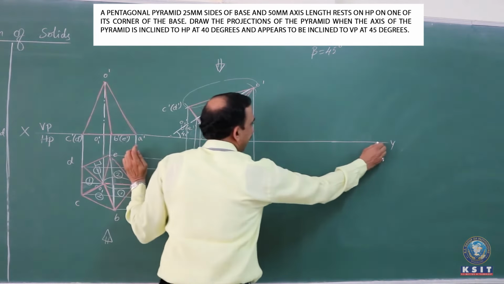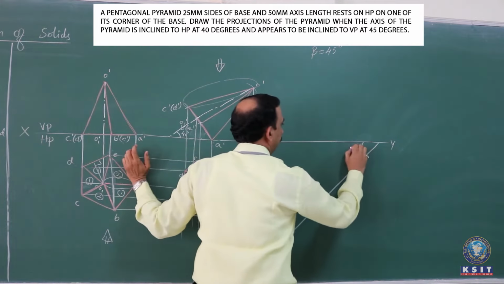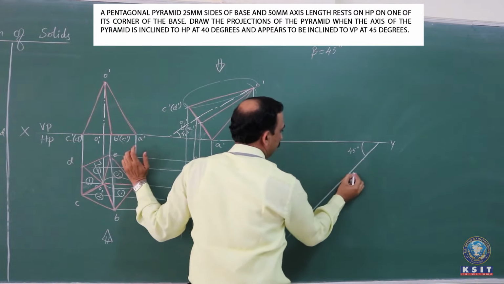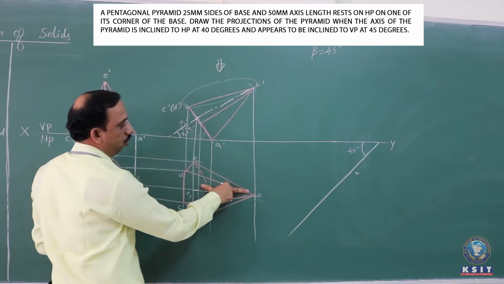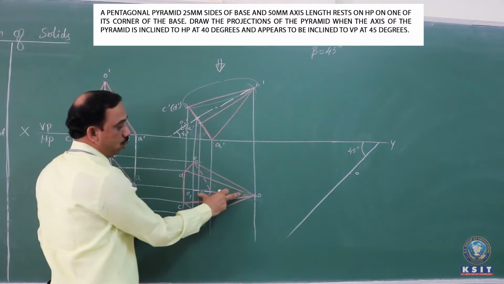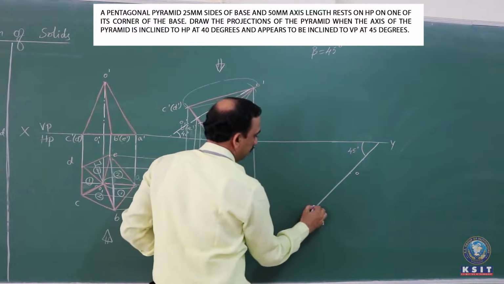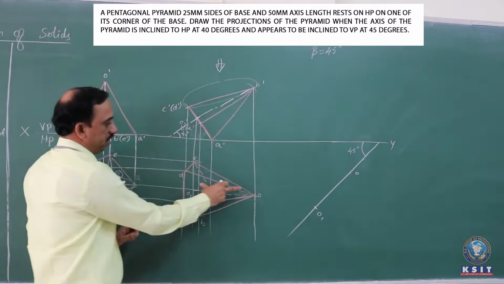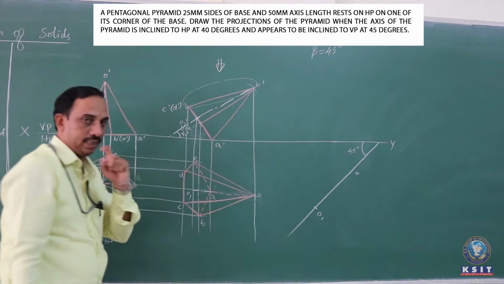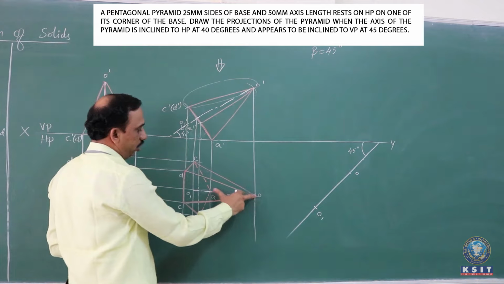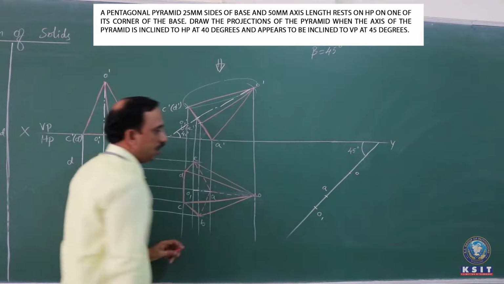Fine. Now take an angle of 45 degrees. After taking an angle of 45 degrees, consider a point which is apex O. Measure O to O1 from the compass, from the second top view, the apparent length O to O1. With O itself as center, cut this to fix O1. We have measured O to O1 from the second top view, the apparent length, because it is given as apparent inclination. After having this, measure O to A, and with O itself as center, cut this to fix A.